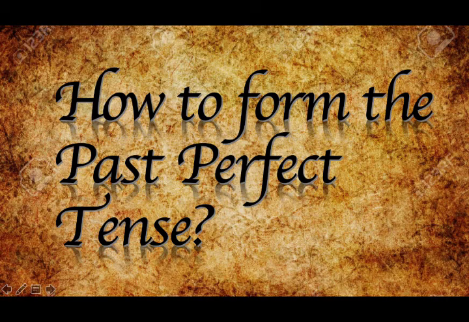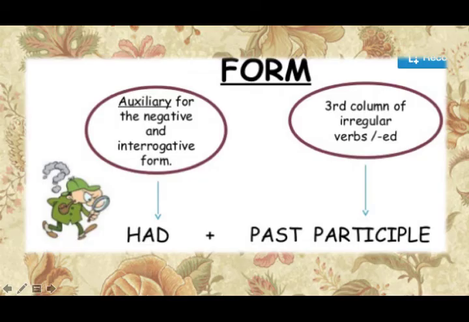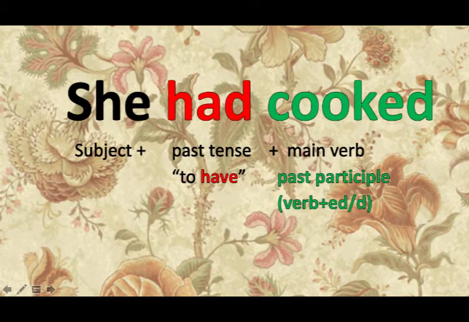How to form the past perfect tense? It is formed by an auxiliary. For the negative and interrogative form it is had, and the third column of the irregular verbs, the past participle. For example, she had cooked. She is the subject, had is the past tense of have, we say it's the auxiliary verb, and cooked is the main verb, the past participle, the third column of irregular verbs, which finishes with ed or d